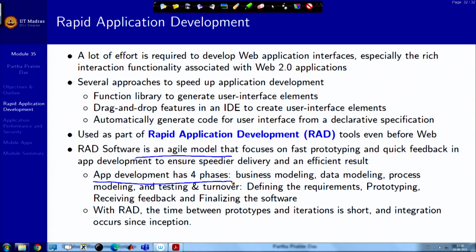Typically, an application development has 4 phases, right? One is business modeling. You need to know what the requirement is, what the business is, what it is that you want to satisfy. Second is data modeling. What are the data entities, how they will have to be modeled, how you will have different attributes, constraints, all of that. Then you have process modeling. Process modeling is more like workflow modeling. We talked about,